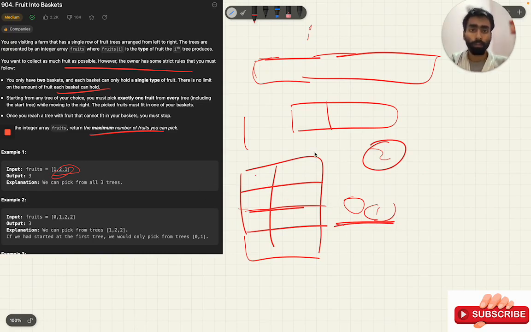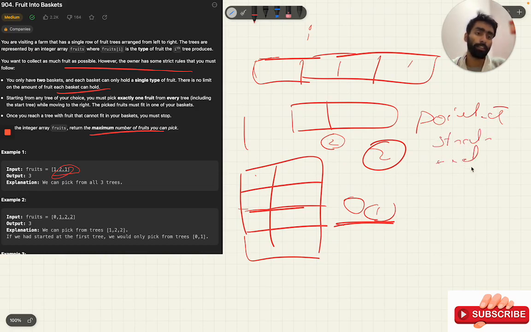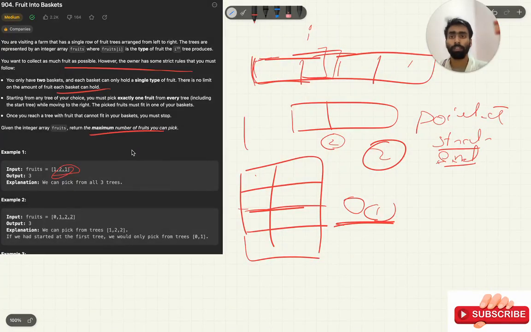Next we need to use the sliding window. According to the two baskets, the size of the sliding window is 2. We will have two pointers in the sliding window, a start and an end.